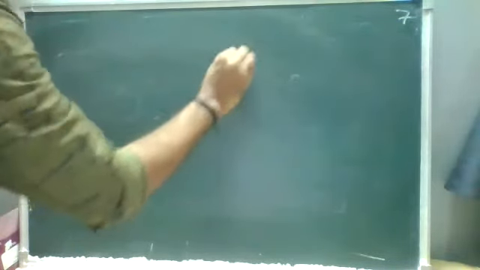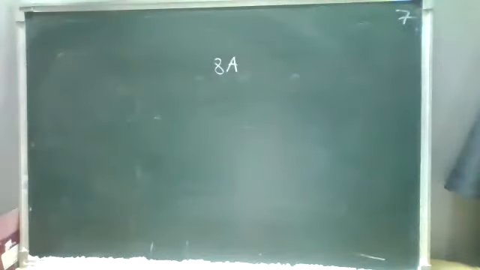A wire placed along the north-south direction carries a current of 8 amps from south to north. I'll repeat again. A wire placed along the north-south direction carries a current of 8 amps from south to north. So find the magnetic field due to a